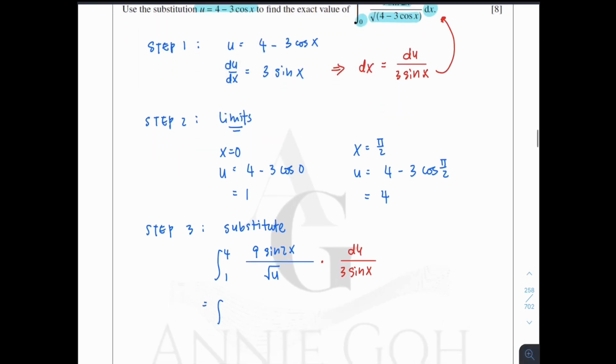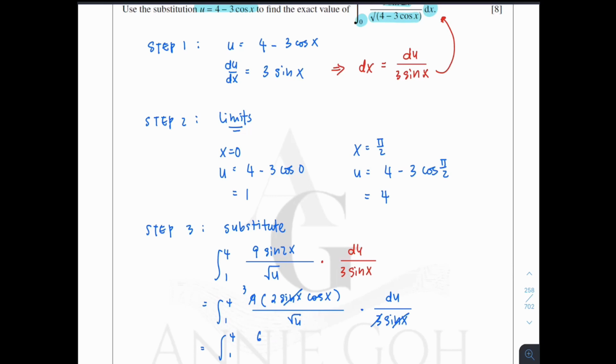So the next step is to change sine 2x into the double angle formula. The formula is 2 sine x cos x over square root u times du over 3 sine x. So now we can simplify it. Sine x and sine x can be cancelled. 3 and the 9 can be simplified. And therefore, we will have